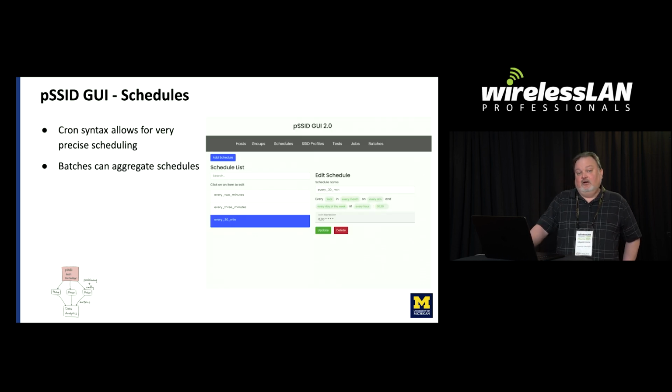The schedules, like I said, are a cron-like syntax. This allows for very precise scheduling. If you have a problem where you have a professor in a classroom and it's on Tuesdays and Thursdays, and the class is between 1 and 2, and that's when the performance problem is reported, you can actually say just that. You're like, I want to run tests on Tuesday and Thursday. I want to run at 1 and 1:10 and 1:20. You can make it very precise, and that lets you really zero in on the times that you want to